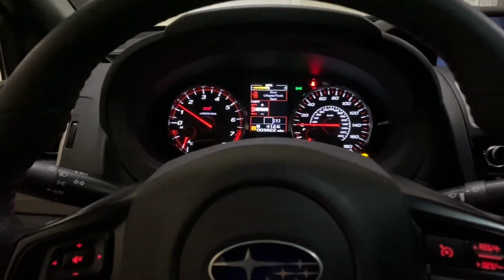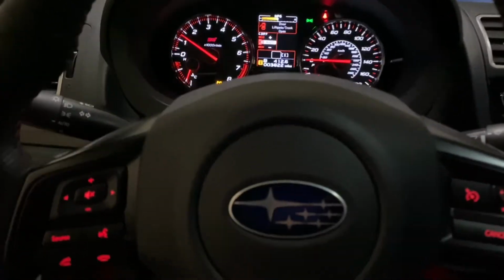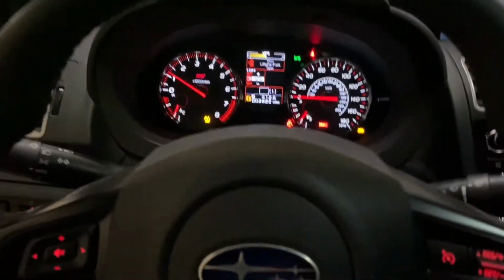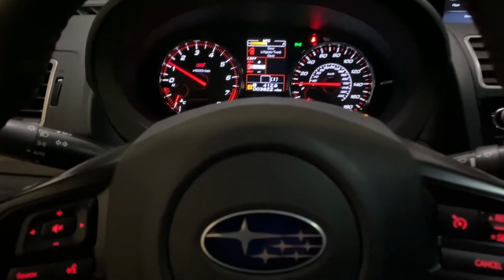Pretty loud, but how I had it before, it was way louder. It's kind of ghetto, like I said, because I was using metal zip ties and stuff, but it worked, you know. So this exhaust system, I honestly like it. It's quiet and then loud when you want it, especially if you don't want to do any mods to your car for the meantime and you just want to enjoy the stock